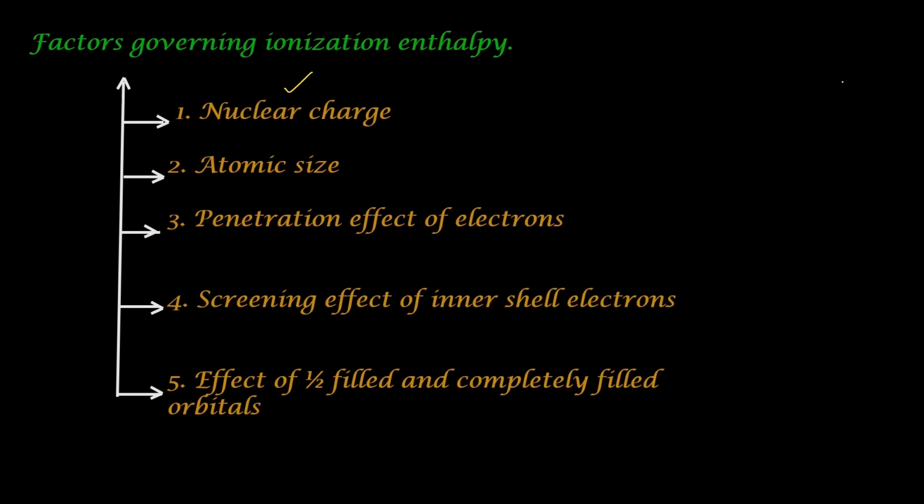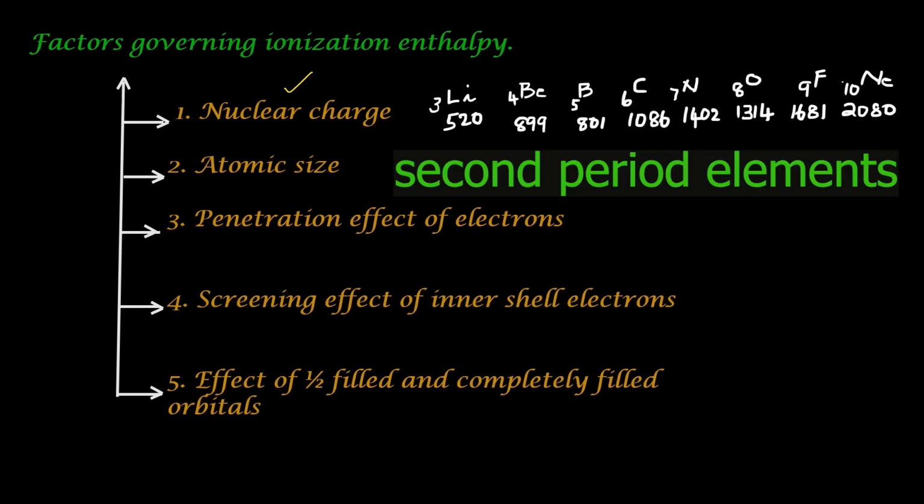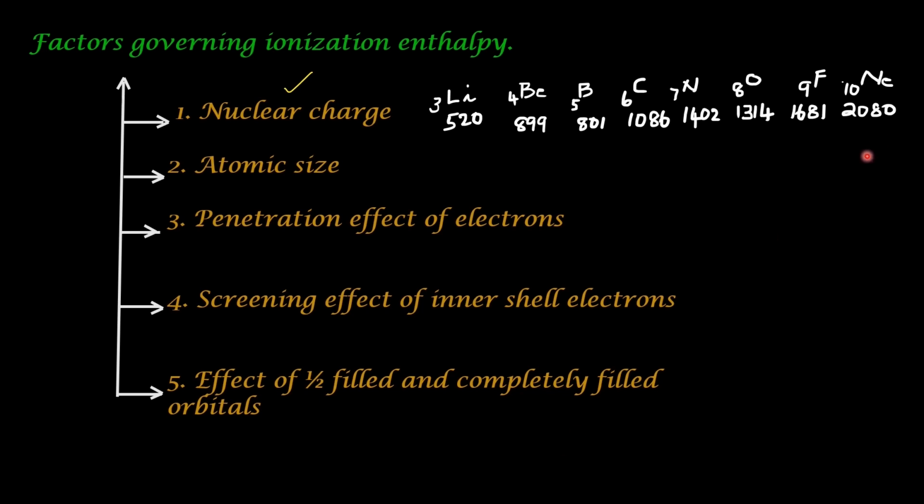First one, nuclear charge. Let us take the example of the second period elements. The elements with their corresponding atomic number and ionization enthalpy are shown there. With the exception of one or two, in general we can say the ionization enthalpy goes on increasing with increase in atomic number, that is across the period. That is, increase in nuclear charge. The values are in kilojoules per mole. The exceptions are beryllium and boron,